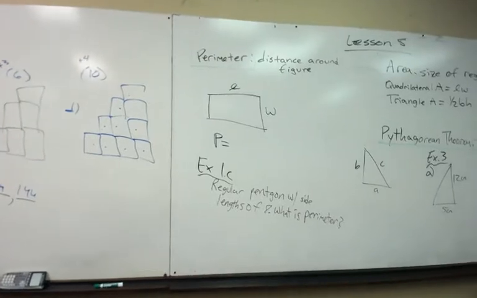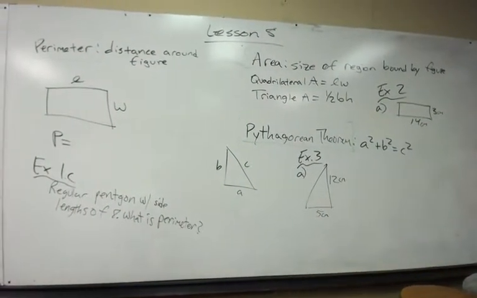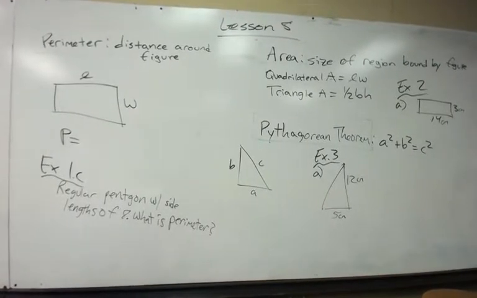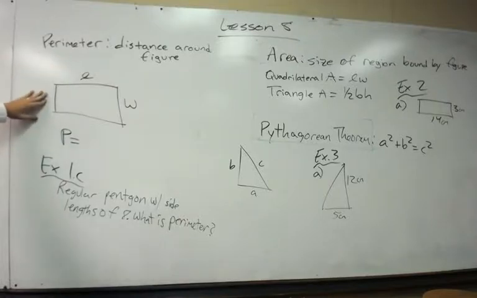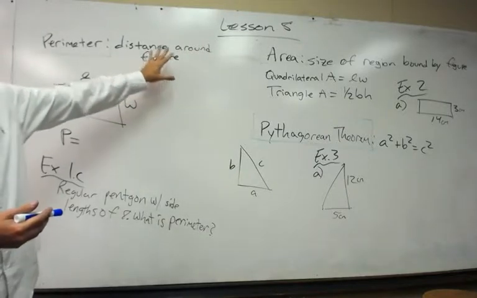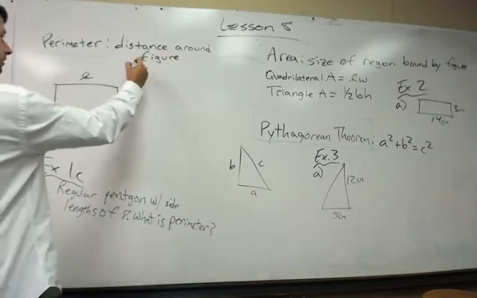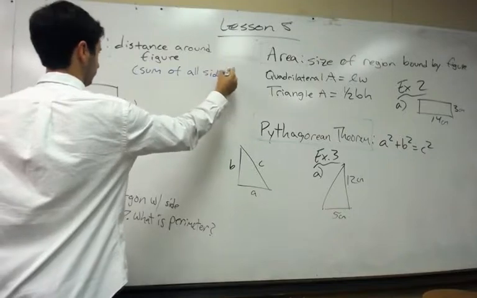Just looking at a couple different formulas, just a refresher. You have seen these formulas before. Lesson 8 formulas. First one is perimeter. That's just the distance around a figure. So if we have a polygon and a closed figure here, if I was creating a formula for perimeter, and we know that it's the distance around the figure or the sum of all the sides, sum of all sides, if it's a polygon,